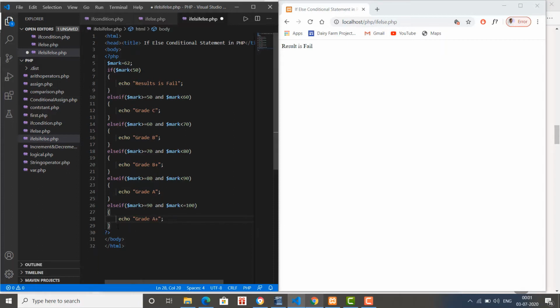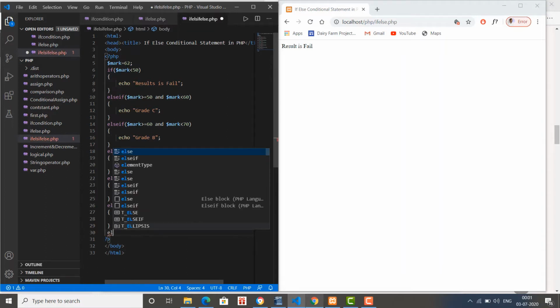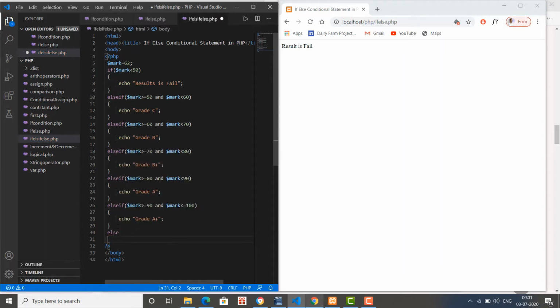Here in the last I have to put the else. If no such condition arises, it will give us a value: echo invalid data, or whatever you want to put here.